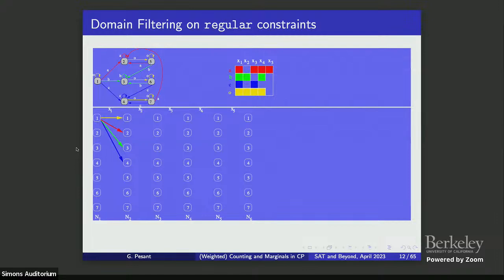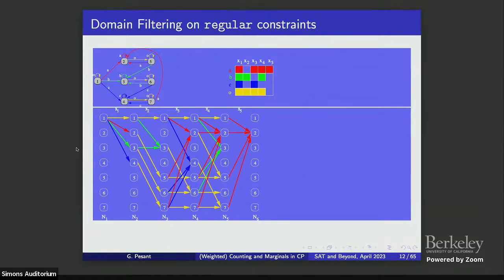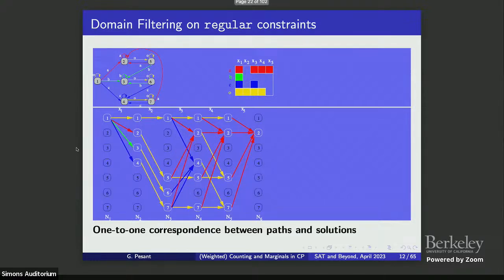So you start, initial state is 1. On value yellow, you stay at 1, so you do a straight edge. On value green, you go to state 3. So that's there. And so on. You extend from there all the way to the end. That's the forward pass. And backward, notice that, for example, here, this does not lead to anything in the last layer. So there's a backward pass where you clean up, and you get something that looks a lot like those decision diagrams if you look at it sideways.